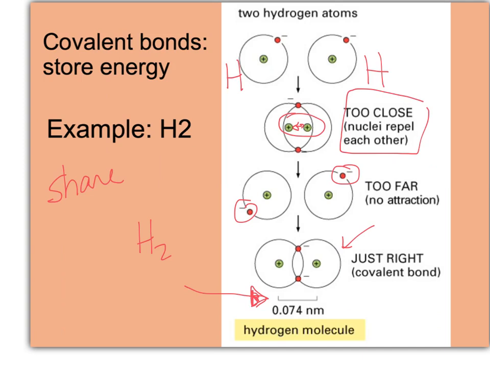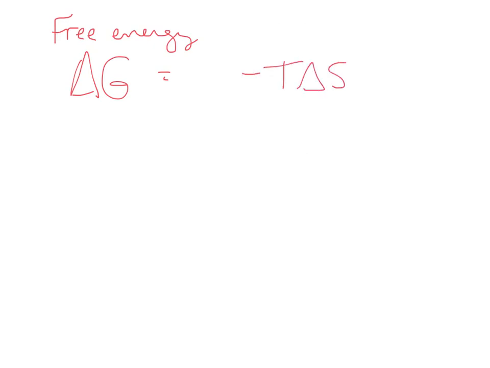Covalent bonds store energy. The formation of covalent bonds requires energy, and that's based on delta G. Do you remember delta G? Let's just open another page here and talk about delta G. Delta G is Gibbs free energy, and free energy is based on two things, right? One of those things is delta S, which is entropy,